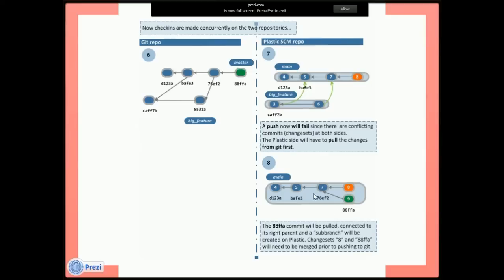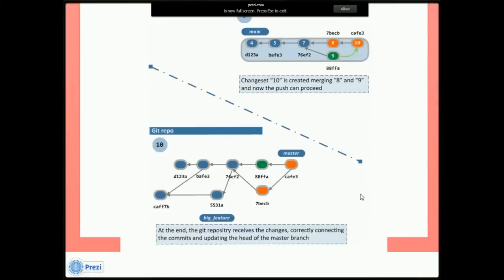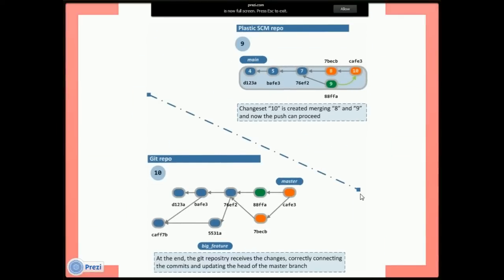And that's what will actually happen. You will pull this green chain set. It will come here. You'll have to merge it. And then, as the next one will show, once you merge it here, you'll be able to push, and the two orange ones that were created on the Plastic side will actually go to the Git side, and that's